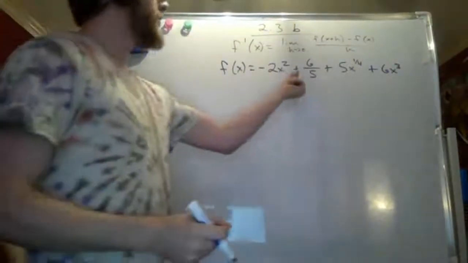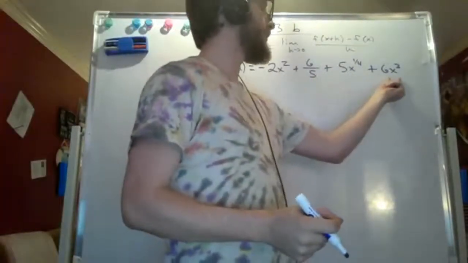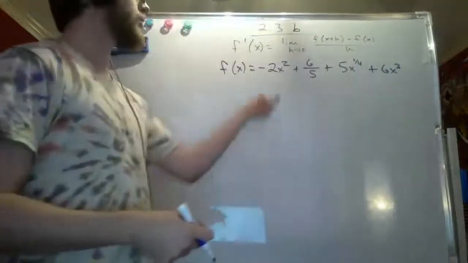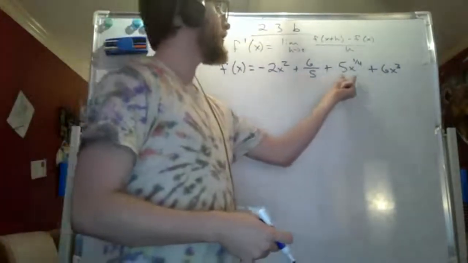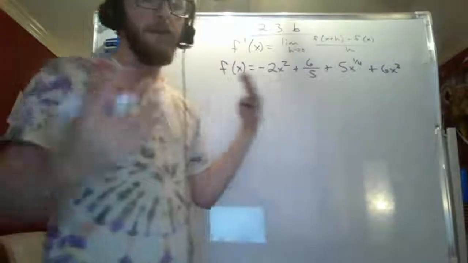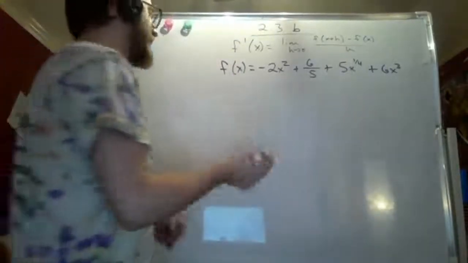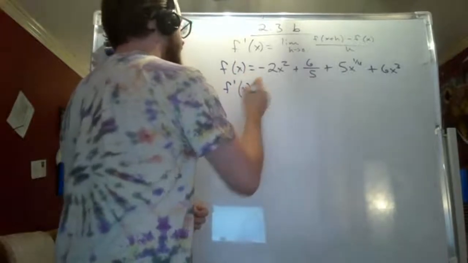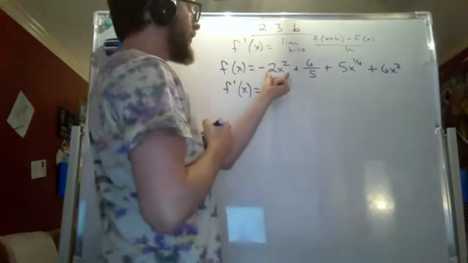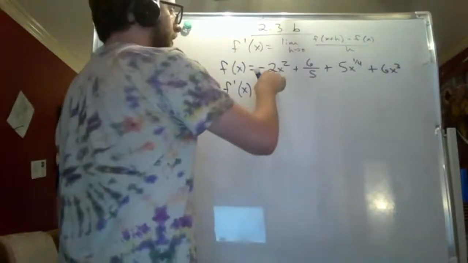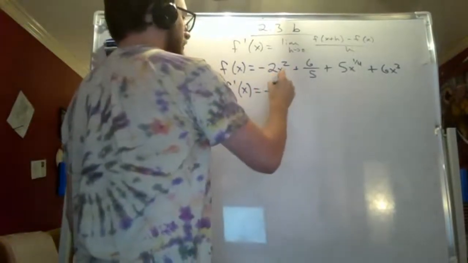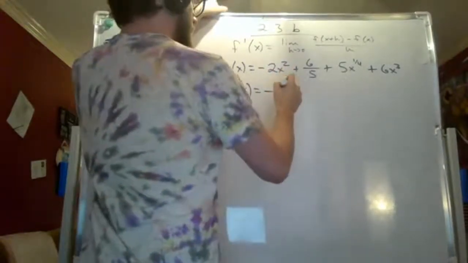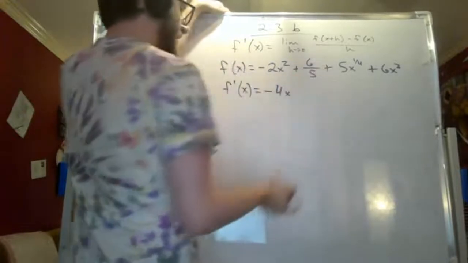Now, we've got these plus signs separating all these different parts, so by the sum and difference rule, I can just take the derivative of each part individually and then add them all back together again. So that's what we're going to do here. So f prime of x is equal to, starting with this first guy, we'll use the power rule. Negative 2 times 2 is negative 4. Power decreases by 1, so it's x to the first power,